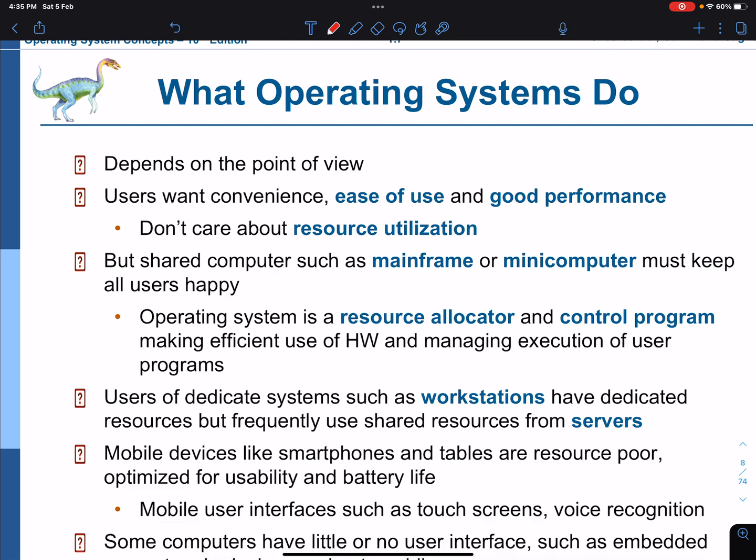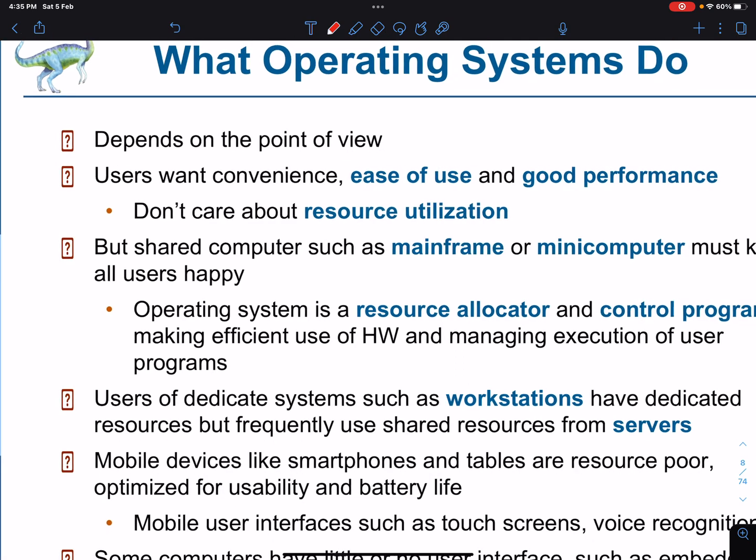Yeah, it depends on the view. Okay? So you have here the users. They literally require something. They seek something in operating systems. What do they seek? Well, ease of use. So you don't want an operating system that is really, really hard to use.